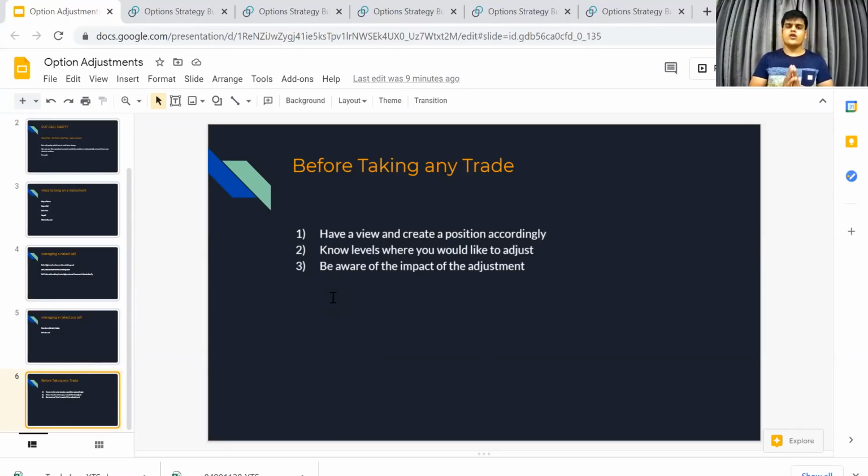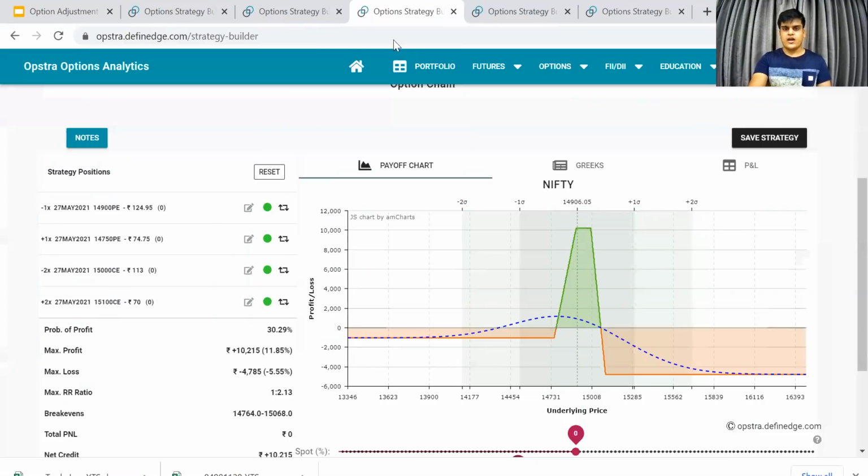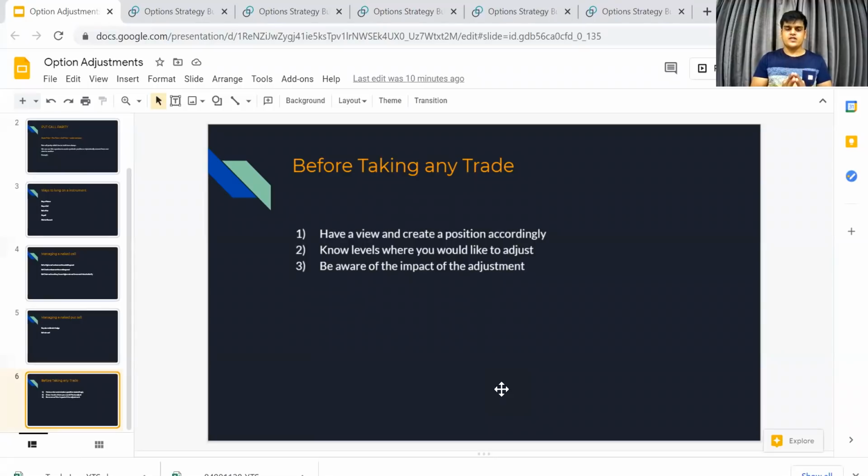Okay, and be aware of the impact of the adjustments, right? Earlier we were bullish, and because of the adjustment on the upside, we won't make any money. So be aware of the adjustments, because certainly in a pullback, suppose you are bullish on a stock, the instrument pulls back and you change your view, you adjust, and suppose the instrument again regains the trend, you lose because now you have changed your position completely. So avoid adjustments. Do it only if it's needed.